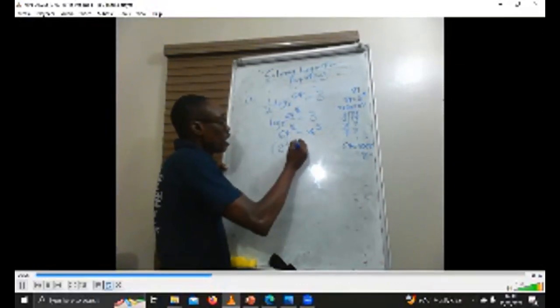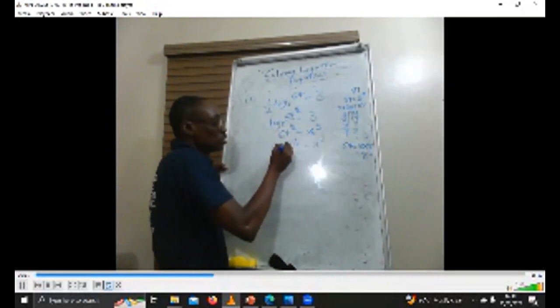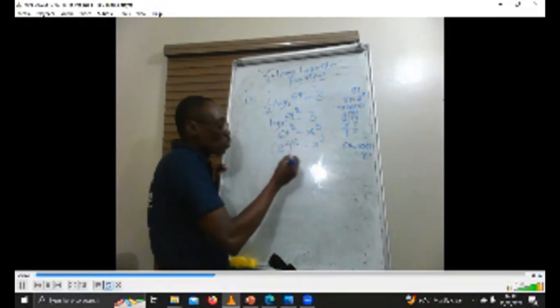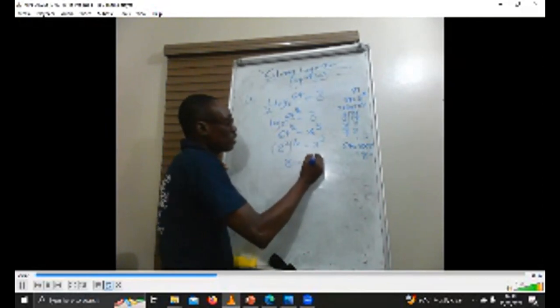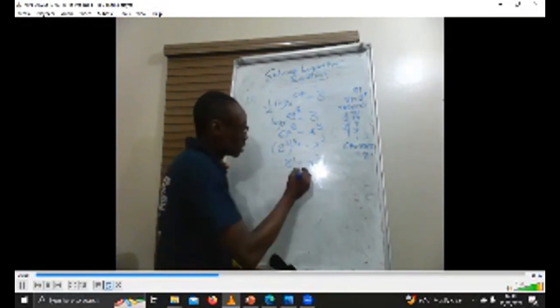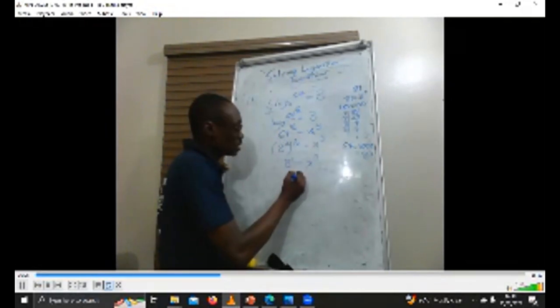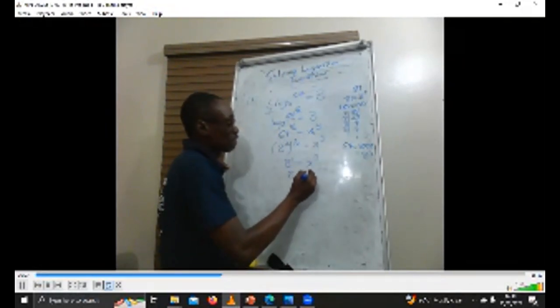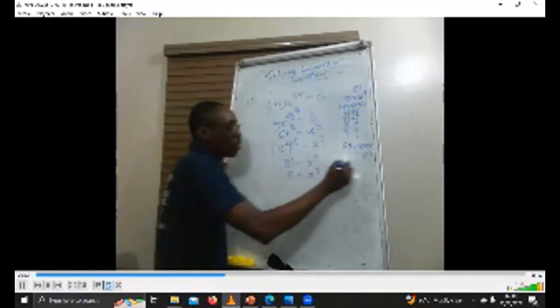Then power half, x raised to power 3. 2 times half is what? 1. So you have 8 raised to power 1 equals x raised to power 3. This is the same thing as 8. This is the same thing as 8 equals x raised to power 3. Now 8